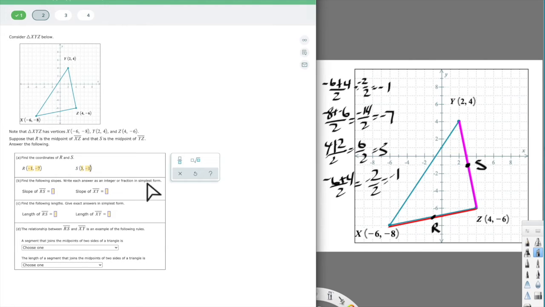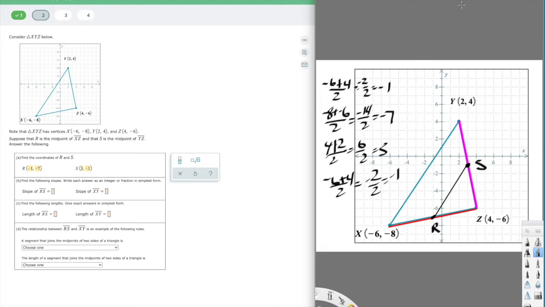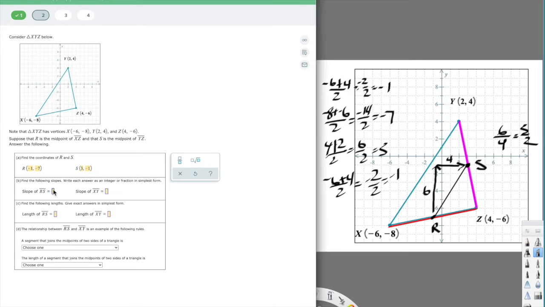Alright, now we want to know what the slope of RS is. If I connect these points here, RS, like that. So the slope of this guy, I can just look at rise over run. So how far up do I need to go to get here, and how far over? So my rise would be 1, 2, 3, 4, 5, 6, and my run would be 1, 2, 3, 4. So I'd have rise over run, and I can reduce that, 3 over 2, 3 over 2,